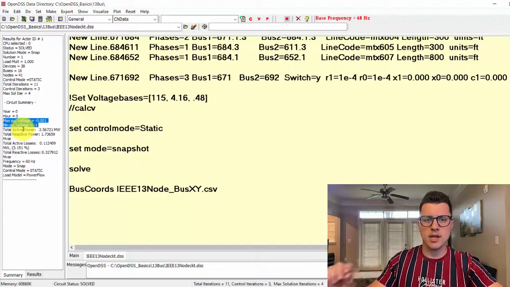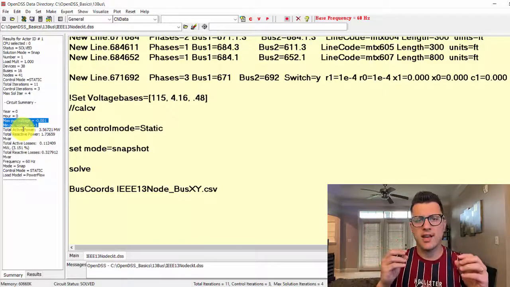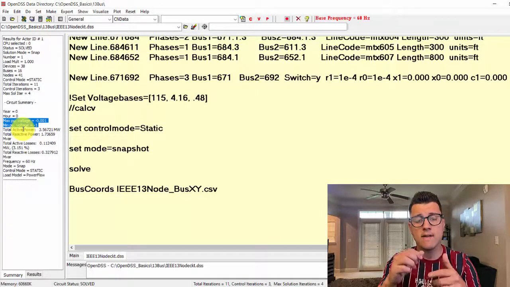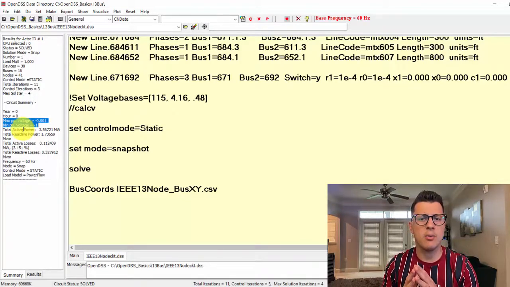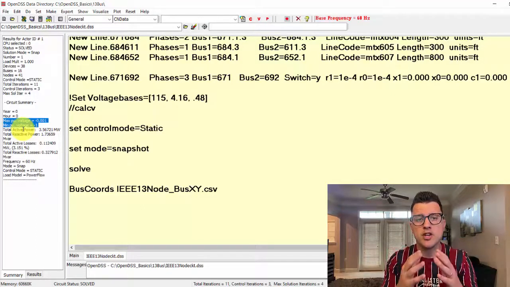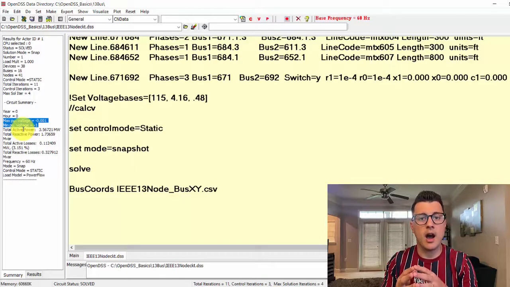what's happening here? One thing I need to mention, it's really important to know. When OpenDSS performs its algorithms like power flow, fault studies, type of methods inside, OpenDSS doesn't use per unit. In fact, OpenDSS will use amps, volts, and ohms, right? So why should we then use voltage bases if it's not gonna help OpenDSS do the simulation? It will in fact help us to see voltage results in per unit, and that's really helpful for us, because